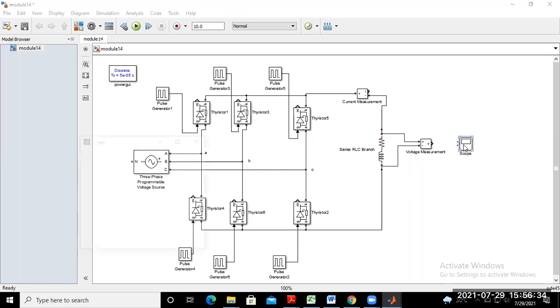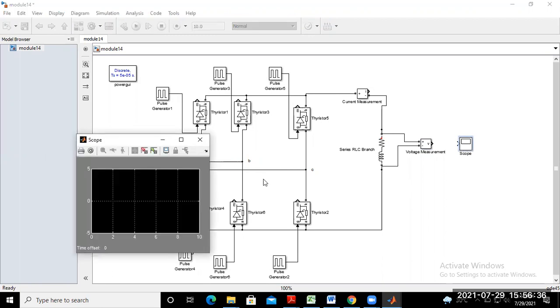So the output voltmeter and output current measurement terminals are just connected through the scope. Go again to the scope and click for 2 axes.